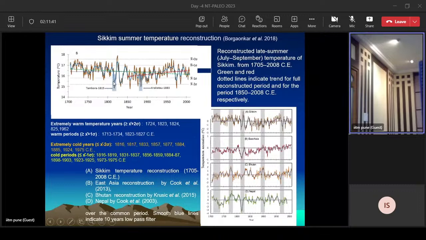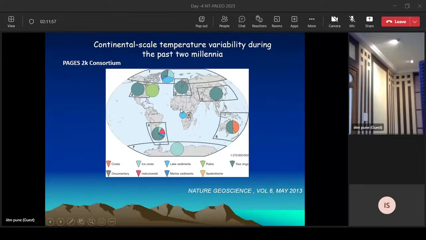And the same information is also shown by this different reconstruction. This is from Sikkim, East Asia, Bhutan, and Nepal. So this is one